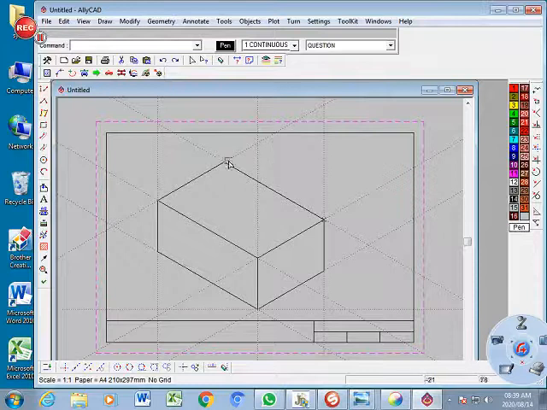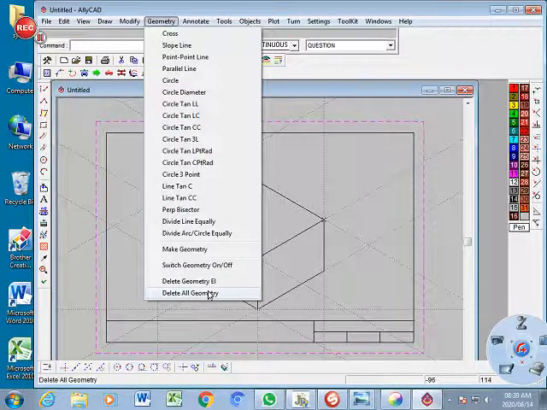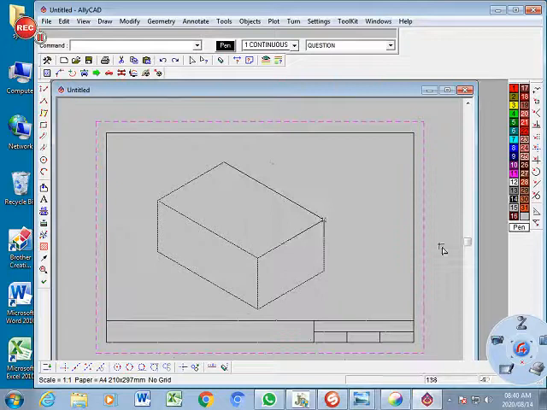If the lines become too much on the page for you, then you just go to geometry, you say delete all geometry lines, and boom, they're gone. You will see it's slightly dashed here, then press S for refresh and you will get a box there. Now I'm going to put in this side here,